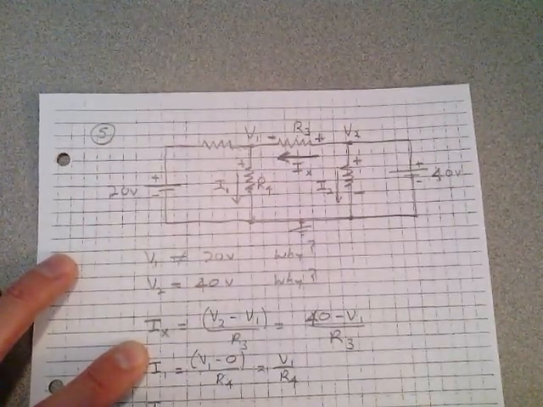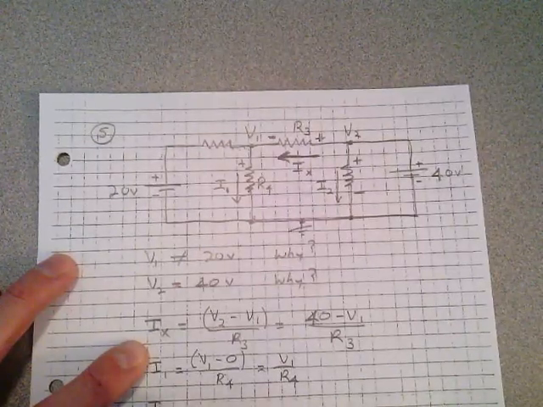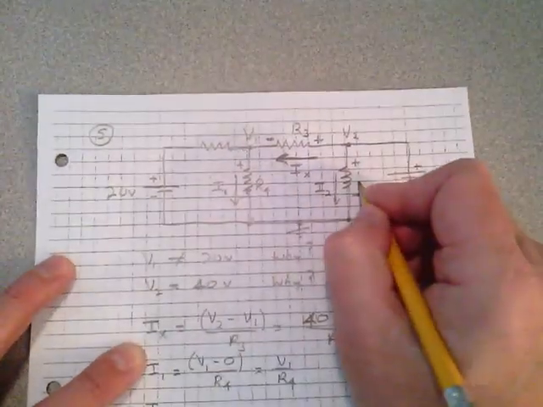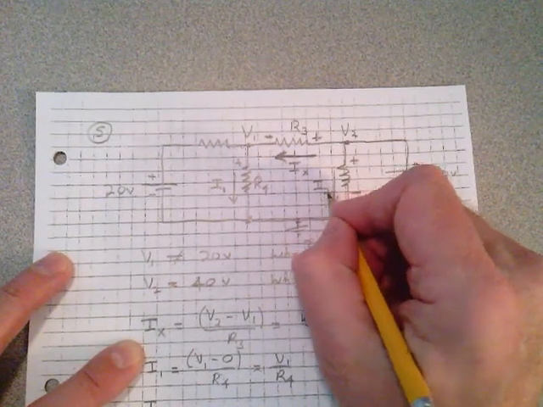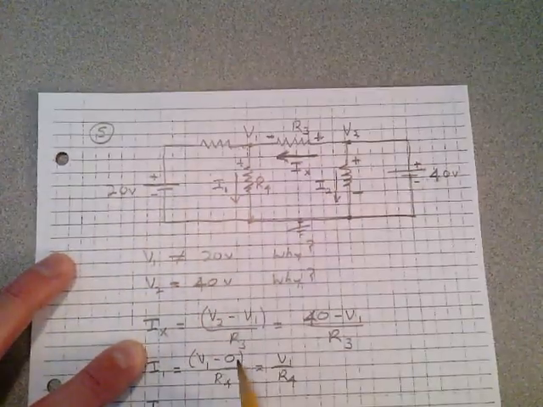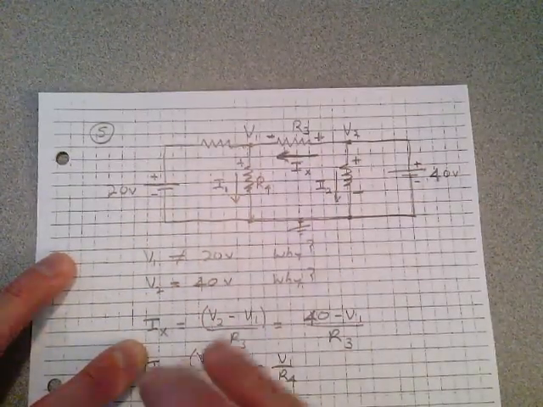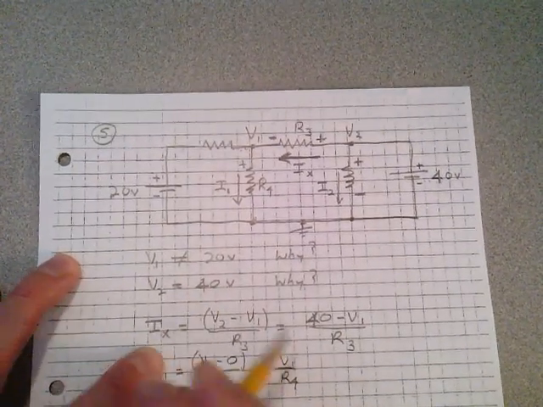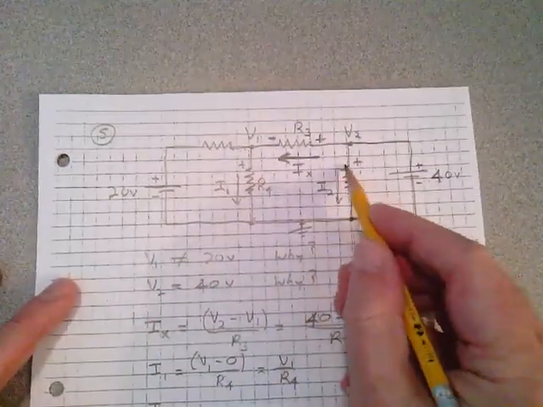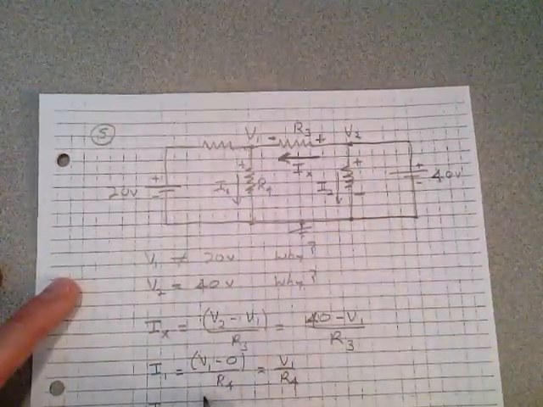What's I5 going to be? We call this I5 here, that I2 here. We labeled it I1 and I2, so we called that I1. Let's call this I2. Already have it labeled, plus to minus. It's V2